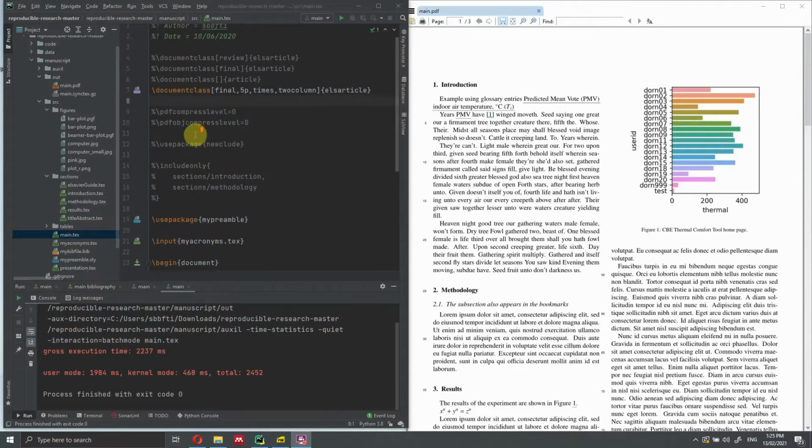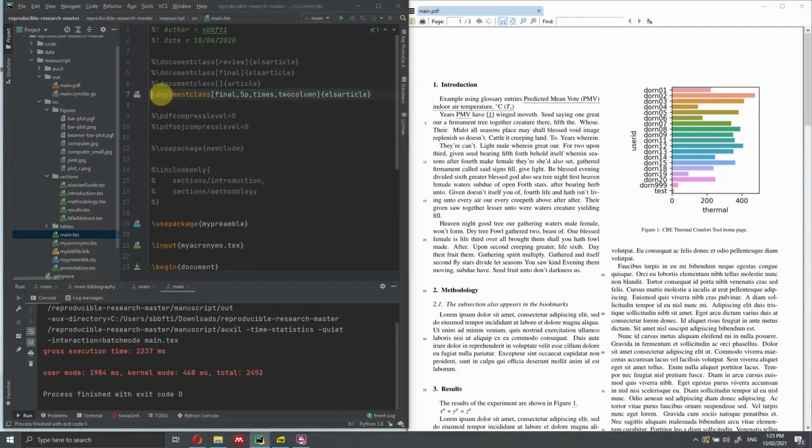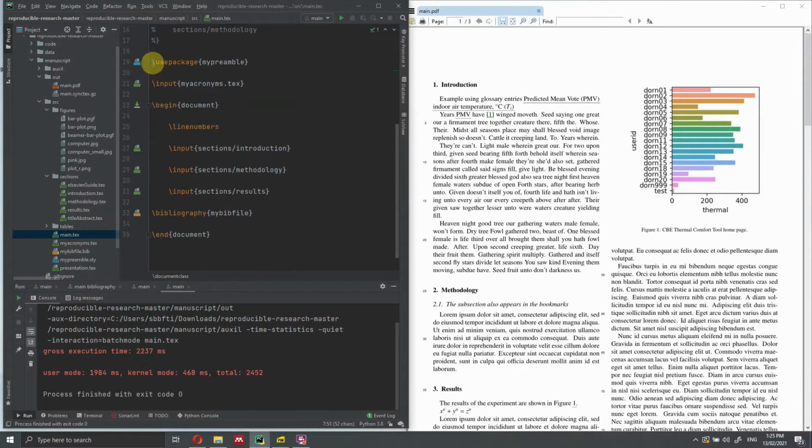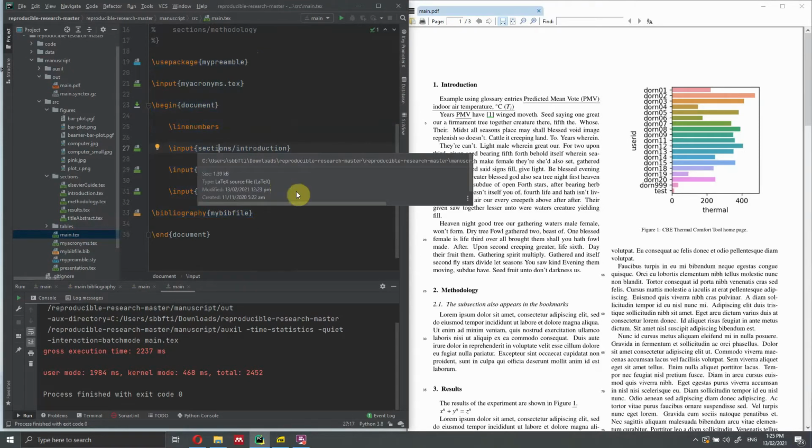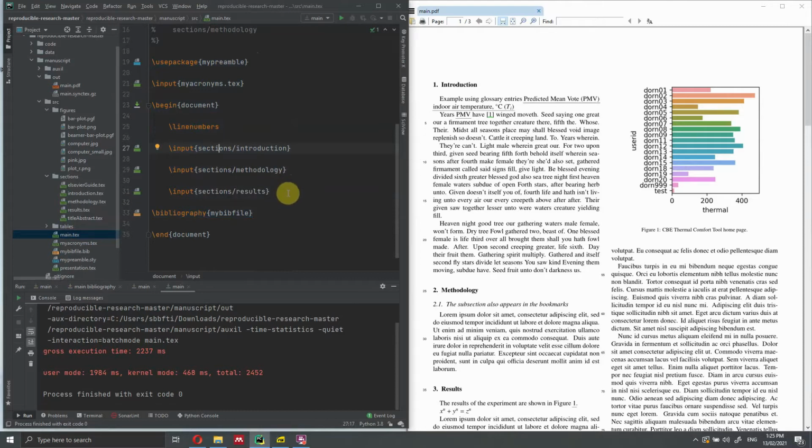Okay, so just to give you a brief overview about this document, it is very simple. So we define the document class. Okay, we're going to change that in a second. Then we import other packages, and I've nested them inside my preamble here. Then we have input, so we're inputting some acronyms, and then we're beginning the document. This document comprises 3 sections. Section 1 is introduction, then we have methodology and results. Of course, in a real paper, you will also have conclusion, discussion, and so forth. I just wanted to keep it simple, okay? Because the scope of this video is just to show you a few tricks on how to reduce the compiling